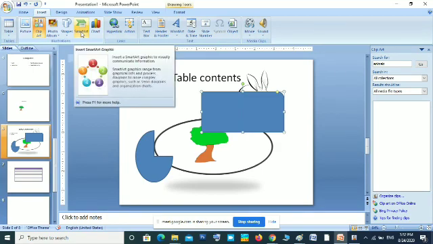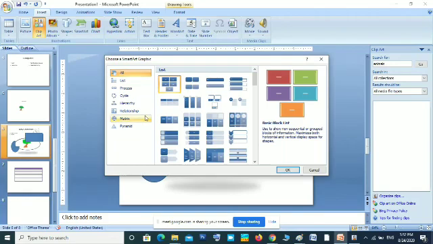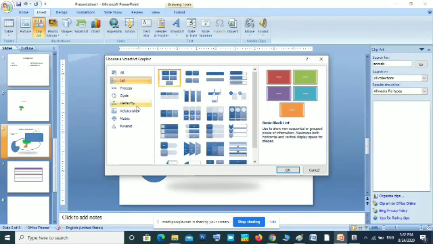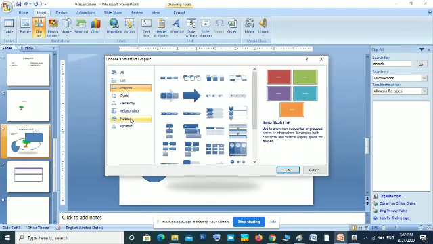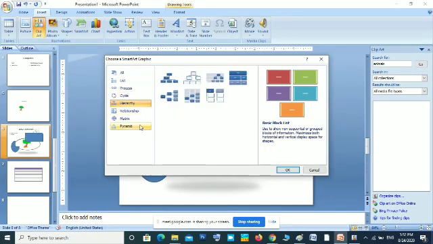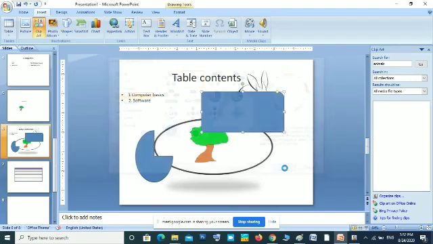Then SmartArt. Inserting SmartArt, you can do different objects, that is list, cycles, process. So when we are discussing life cycles, biology life cycles, like that you can use it.